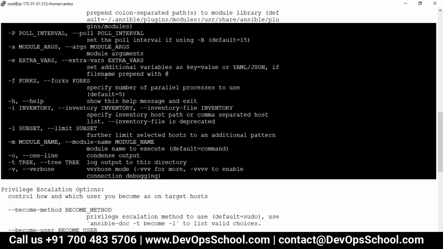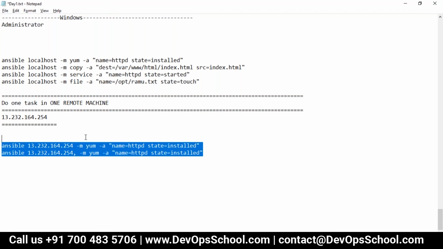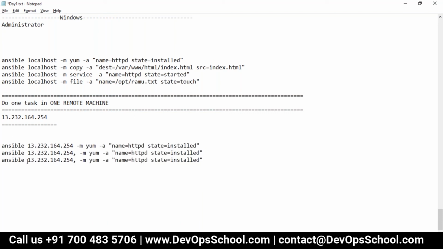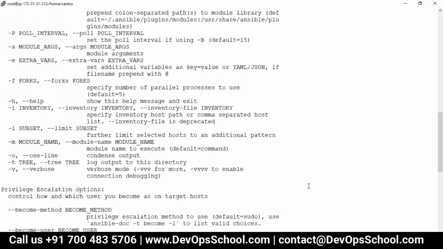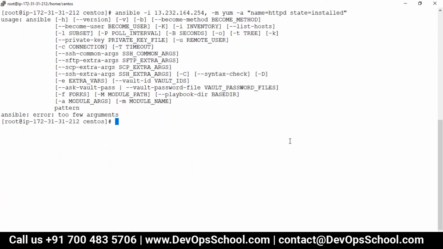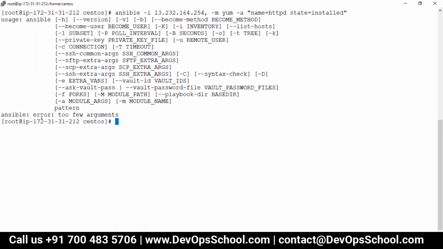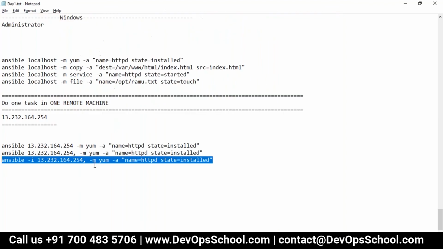-i. -l. -i. Okay, sorry, -i. So now this third combination probably will work. -i, let me check it out. You are teaching me, so keep reading the message and teach me. This also didn't work actually. What is the error here? This is the usual message, but it says Ansible error, too few arguments. So there is a problem with the arguments actually.